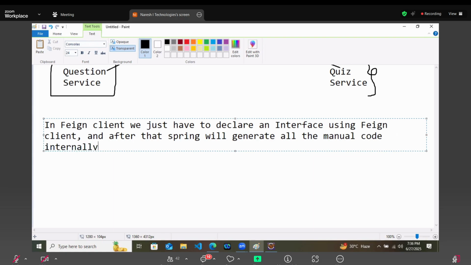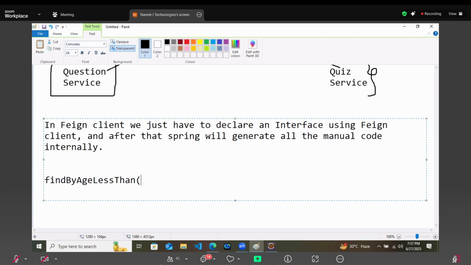Now, the same thing we were getting in JPA also, because there we were creating a method like this: findByAgeLessThan. Remember, we were using some words and automatically this query was running. We were not even annotating it with the Query annotation.